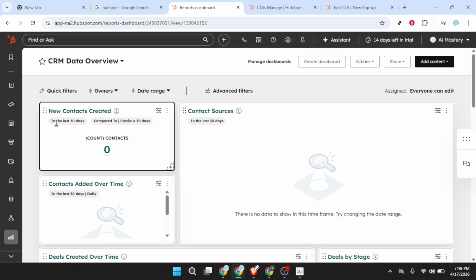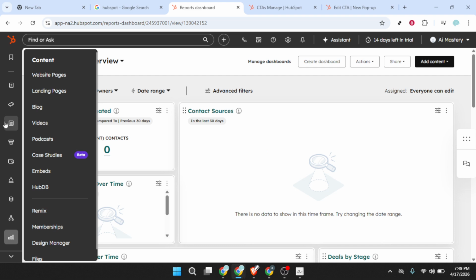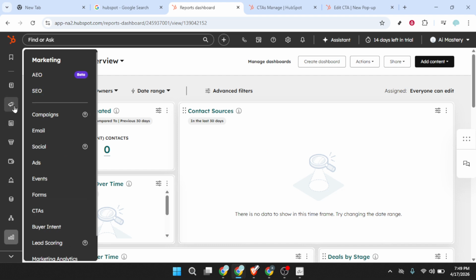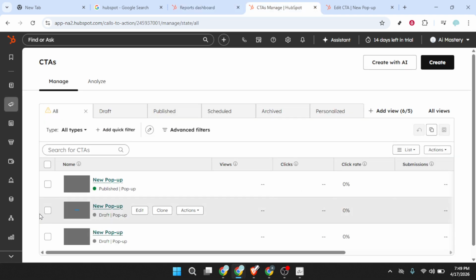After you're in, move your mouse to the left sidebar and find the Marketing section. In that area, look for CTAs. This is where HubSpot keeps your call to action buttons and banners. Click CTAs to open the full list. You'll see all the CTAs available in your account, along with their names and statuses, which makes it easier to